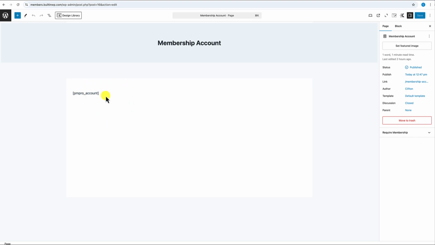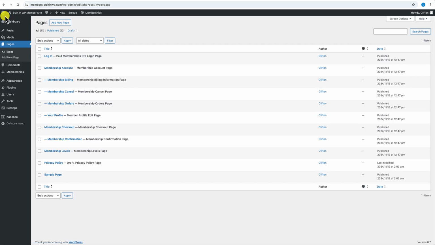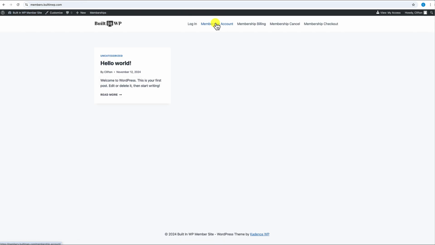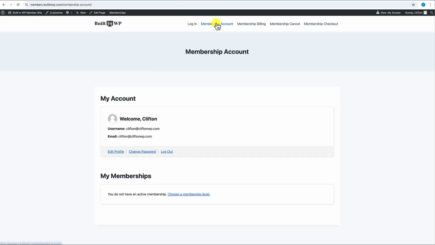So by default, they're placed in default pages, but we can also utilize the powers of the Kadence theme to go ahead and customize any of these pages the way that we want. So what I'm going to do is take this membership account page and use it as my members home page. Once I'm done with that, I'm going to set that page to be the home page of the members area, and then we'll protect the page so that only members